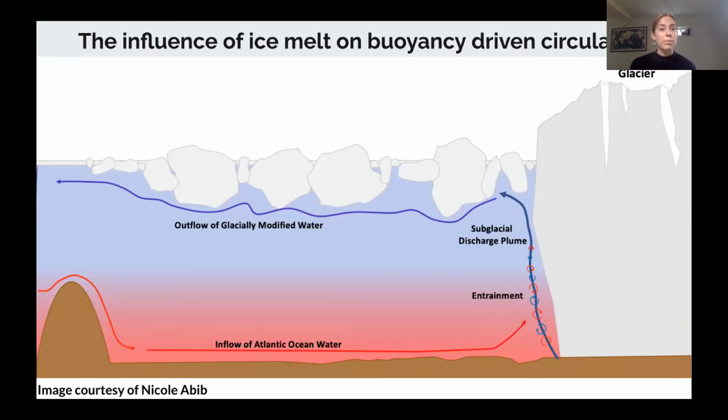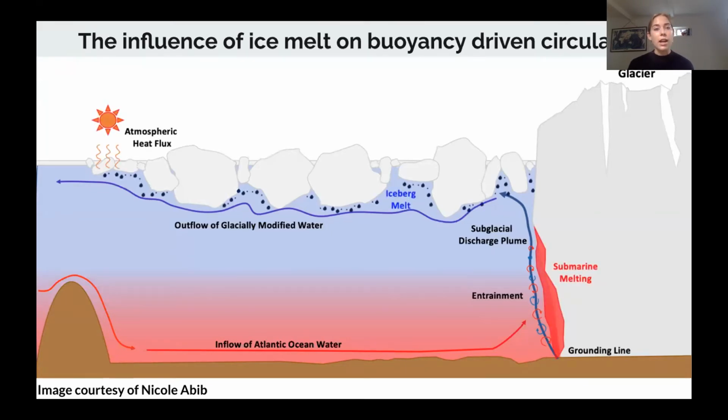When something disrupts the stratification of these water masses, you'll get circulation. One particular type of disruption is freshwater fluxes. That's glacier melt, iceberg melt, or runoff. One thing that it also could be is ice melange melt, but we don't know yet. What ends up happening is you'll get an outflow current from these freshwater inputs, and that generates a compensatory inflow of your Atlantic water layer. This is important because the Atlantic Ocean layer is far warmer than anything else in the glacier fjord. So you get a heat flux at depth, which leads to glacier melt and then